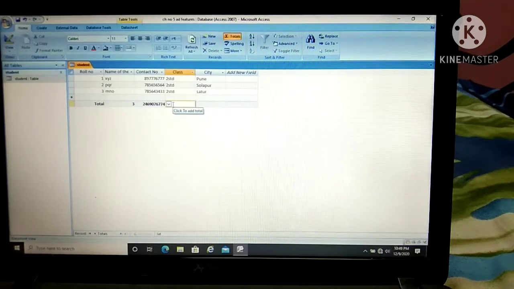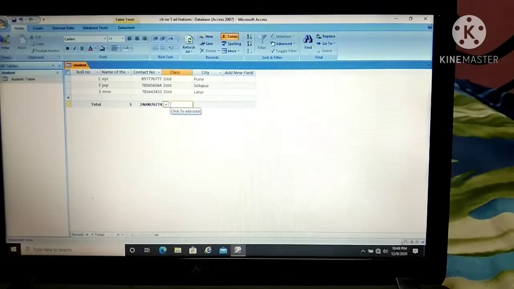So have you understood? Here we can count the number of rows without any manual help, right? You can do it directly and automatically from your computer. And secondly, if you have some numbers which you want to total, you can do that with the help of sum. Did you get that? I hope you understood, and if not, please repeat this video again and again to understand.